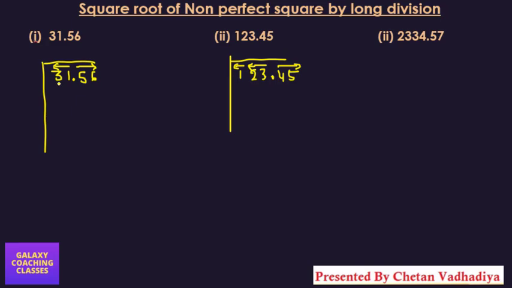First you need to make pairs. You can see we have to take this number as a pair only. We cannot take any single term. So what do we have to do now? Now we have to see the nearest perfect square number less than 31. 5 5s are 25, that is a perfect square number less than 31. If you take 6, 6 6s are 36, which will be greater. So we need to take 5, 5 5s are 25, and here also you need to keep 5. So you take a perfect square number less than 31.